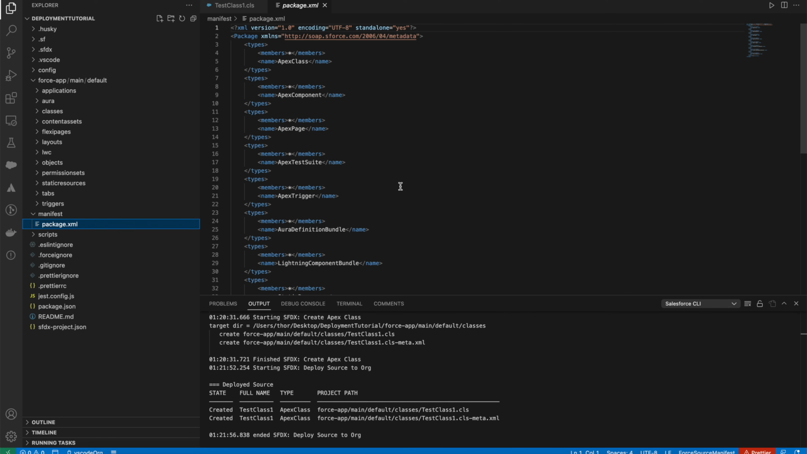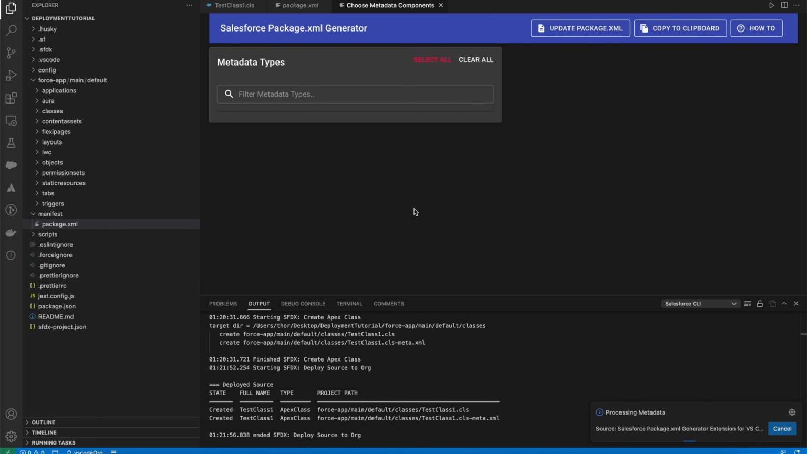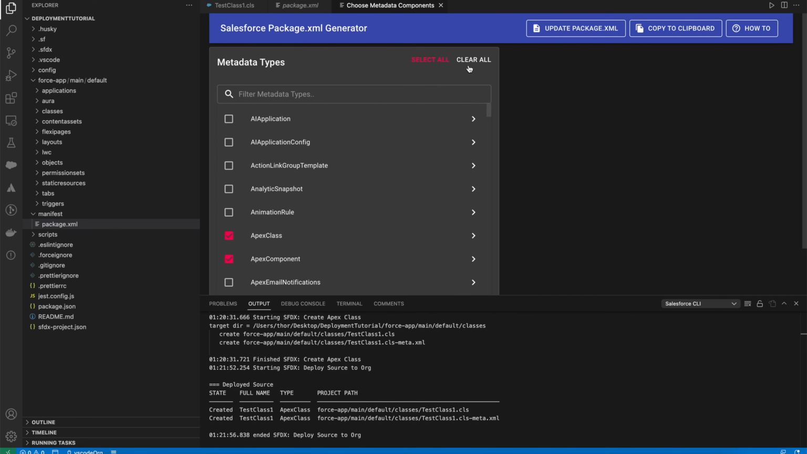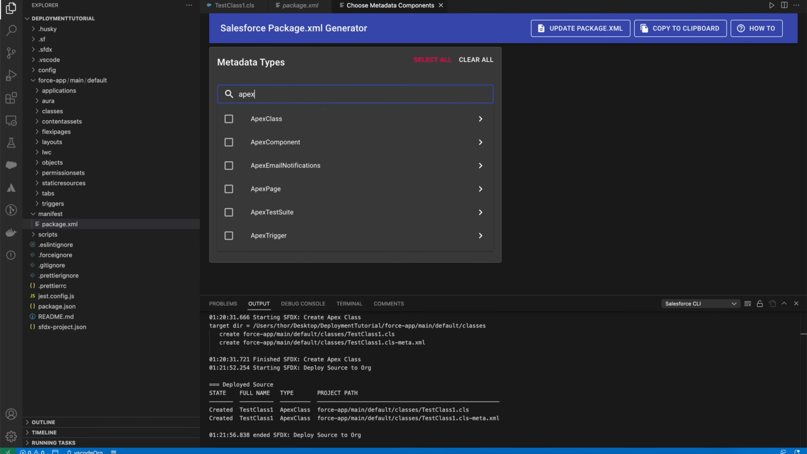To update this file, there is an extension called Salesforce XML, package XML generator. You need to press Ctrl Shift P, search for package, and if you have this extension installed, then you will see this. Press enter. Now we just want to deploy that class, nothing else, right? So first of all, you need to click on clear all. Now search for Apex class,